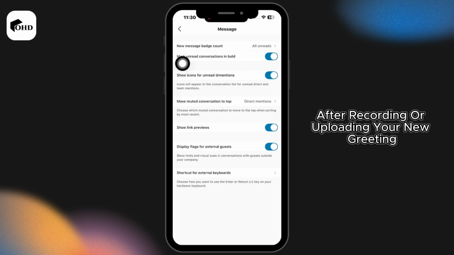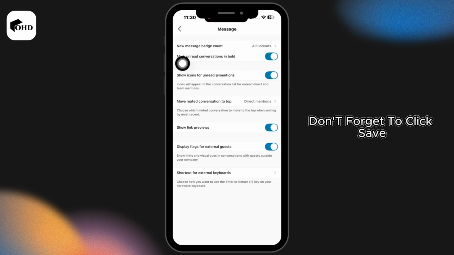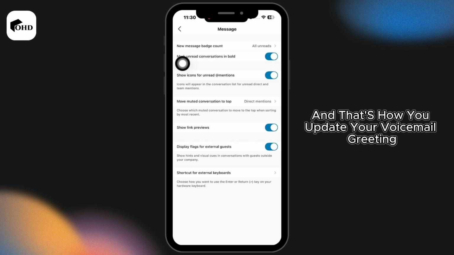After recording or uploading your new greeting, don't forget to click Save. Your voicemail is now updated and callers will hear your new message. And that's how you update your